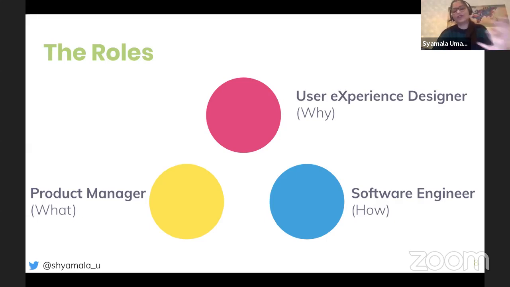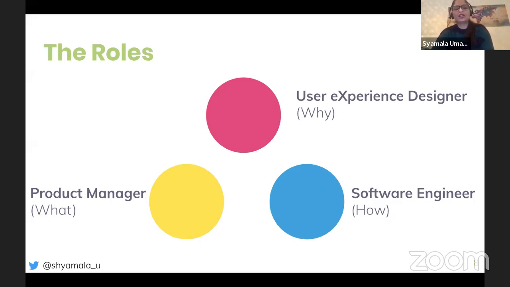So I was just always trying to split these roles into why these roles exist. The user experience designer's main role is to find out why this product needs to exist, what is the pain point that the user has, and is this even something that needs to be built as a product, which is one of the questions we normally ask when we get some product ideas, right? So the user experience designers or the product designers are responsible for asking the question why,